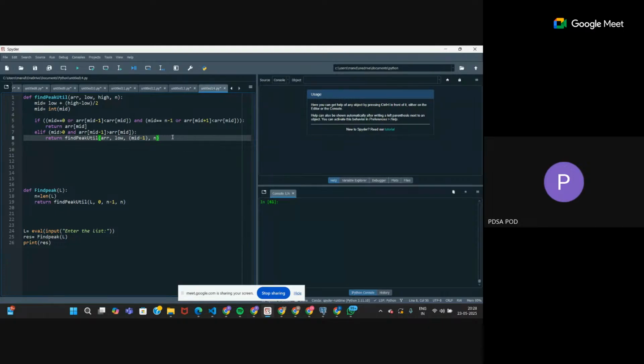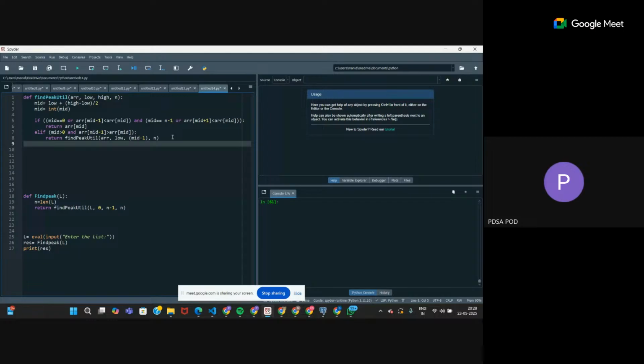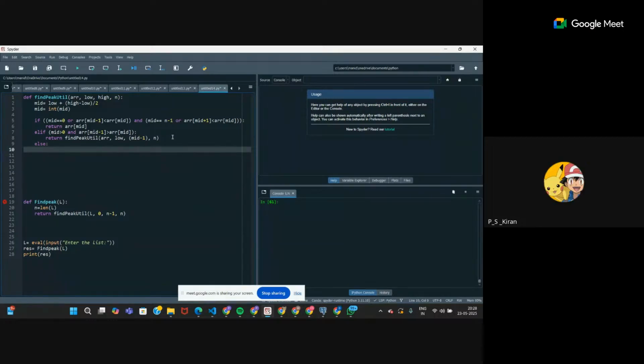Now, what is the other case that is possible? The other else condition? In binary peak search, what do we do on the right side? Correct. That means the right-hand neighbor of mid is greater. So if the mid plus 1th element is greater than mid, then we will search in the right part of the array. So we'll return again, find peak util,